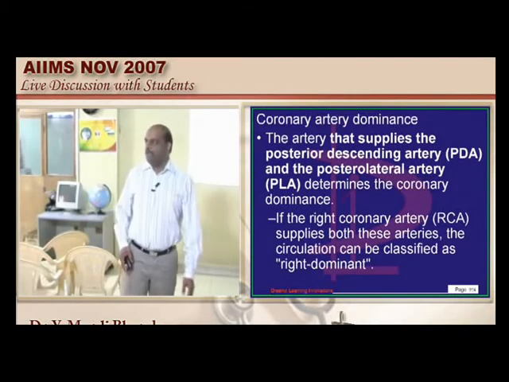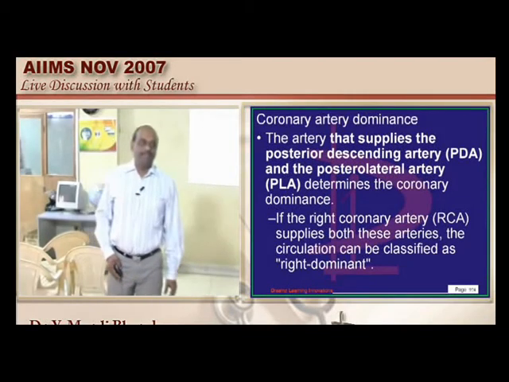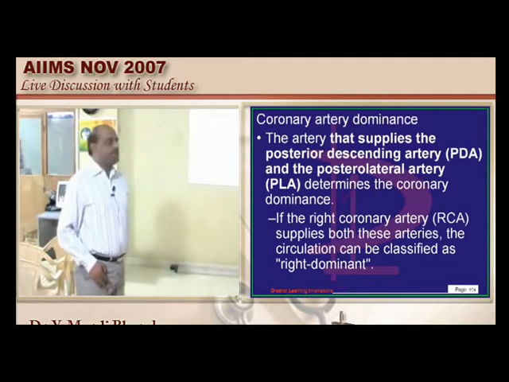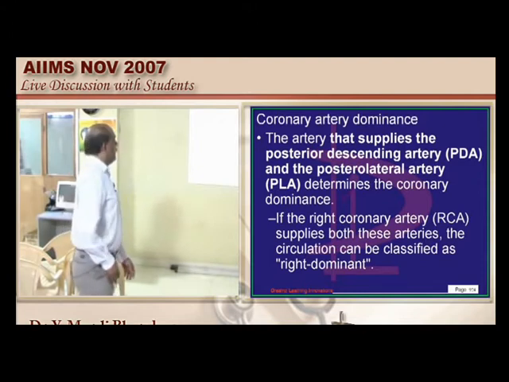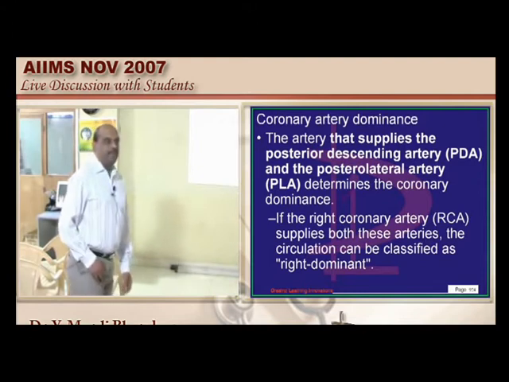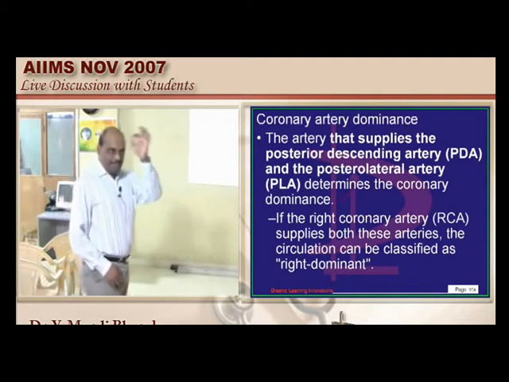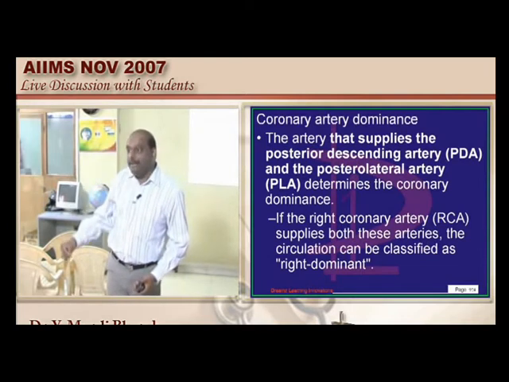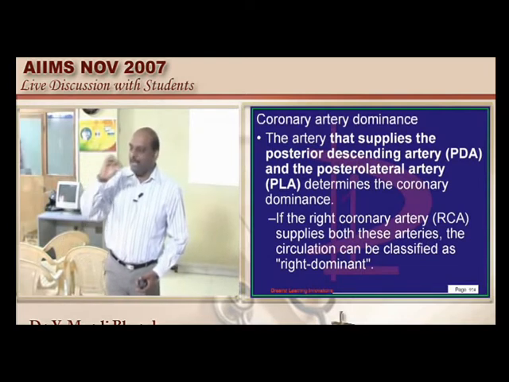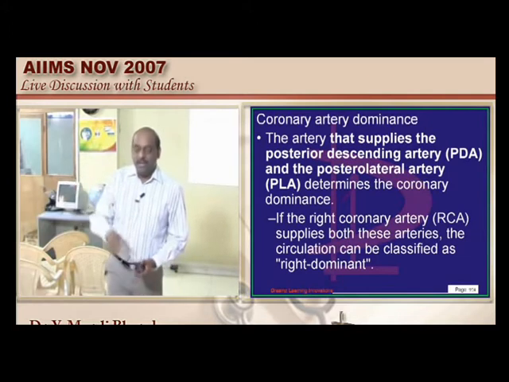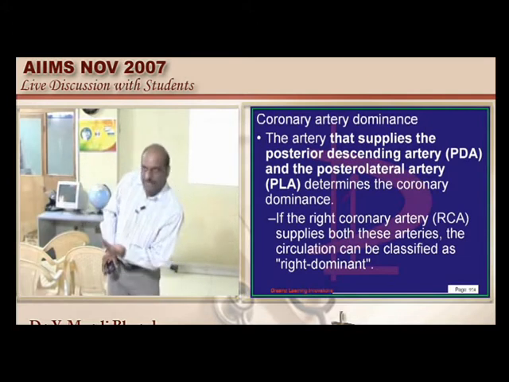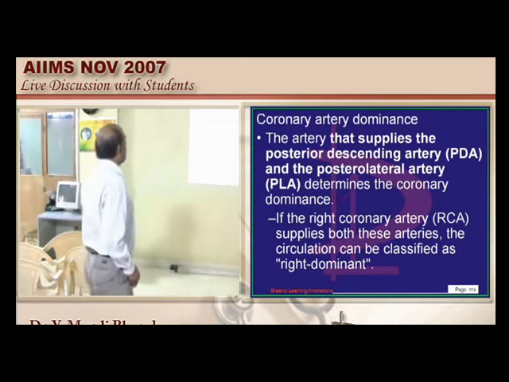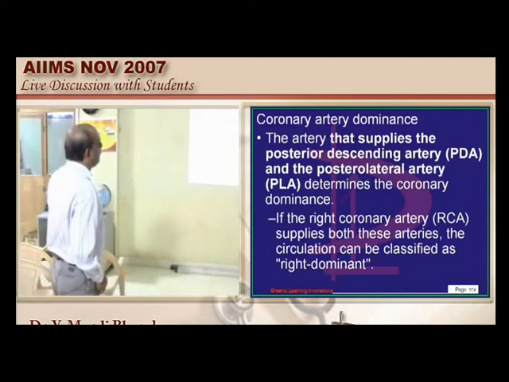Now, left sided dominance versus right sided dominance of the coronary artery. What is this concept basically? Very simple. The artery that supplies the posterior descending artery. If you recall our anatomy dissection days, we had a left anterior descending artery, and typically you see the left coronary artery and a right coronary artery, and you have a posterior descending interventricular artery. This posterior interventricular artery has two ways of originating.